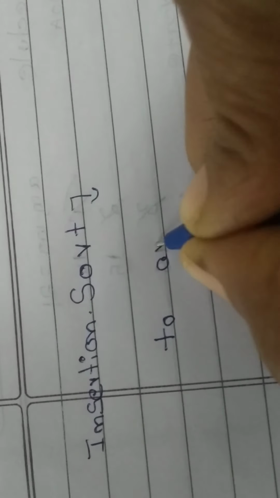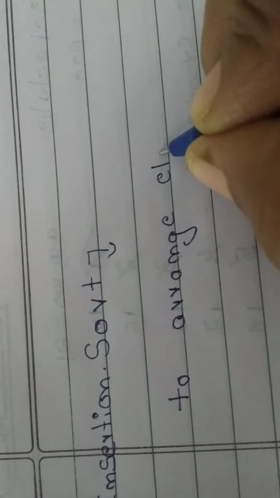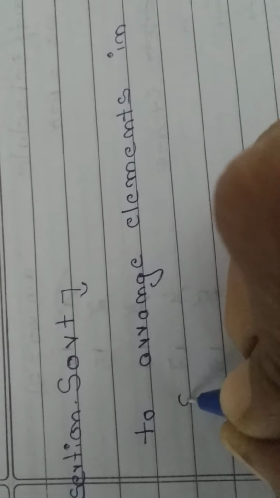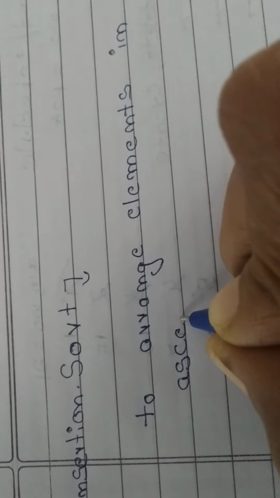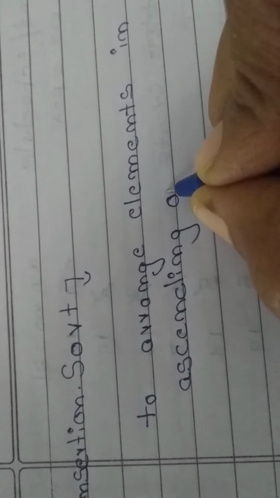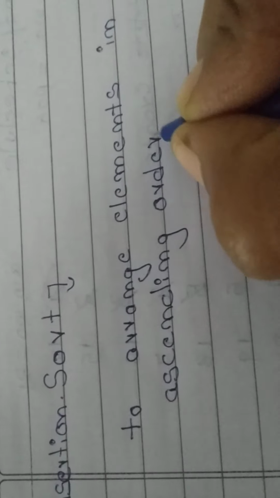Insertion sort. What is the target of insertion sort? To arrange the elements in ascending order. Ascending means increasing order. First let us see an example, then we will go for the programming structure. For example,